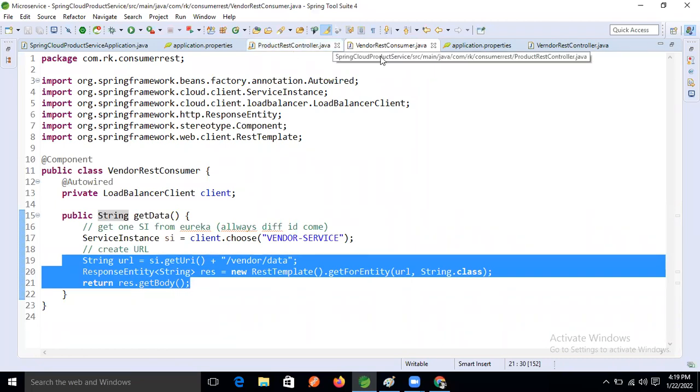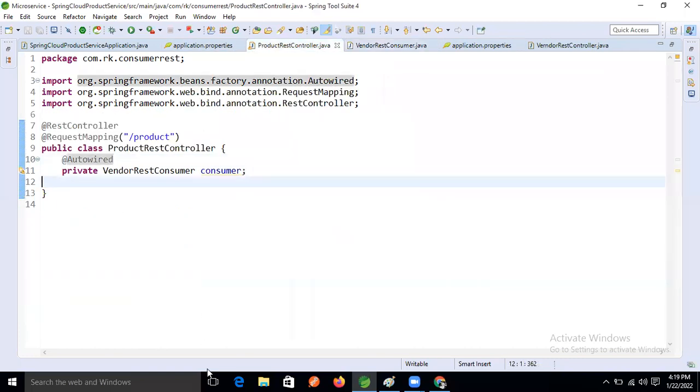Now come inside our consumer vendor producer rest controller. Here we need to write some code, because we need these messages also. So here also we are taking